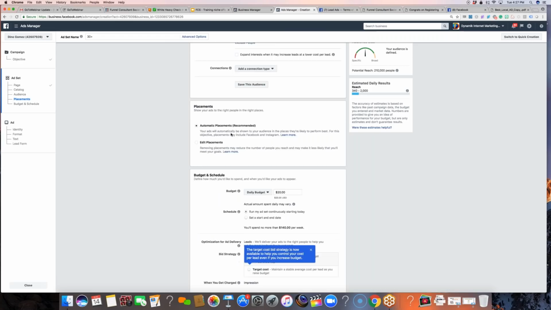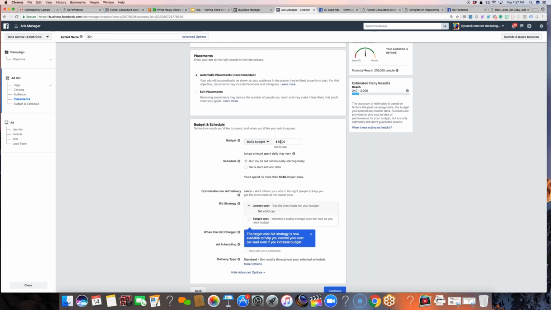As we scroll down, we get to this part that says daily budget. Now you can spend as much money as you want here. You can even spend only like $2 or $3 a day. We can make this very simple. We can spend $5 a day. And again, I want to show you how cool this is, guys, because when you put in this budget, Facebook tells you right up here what your